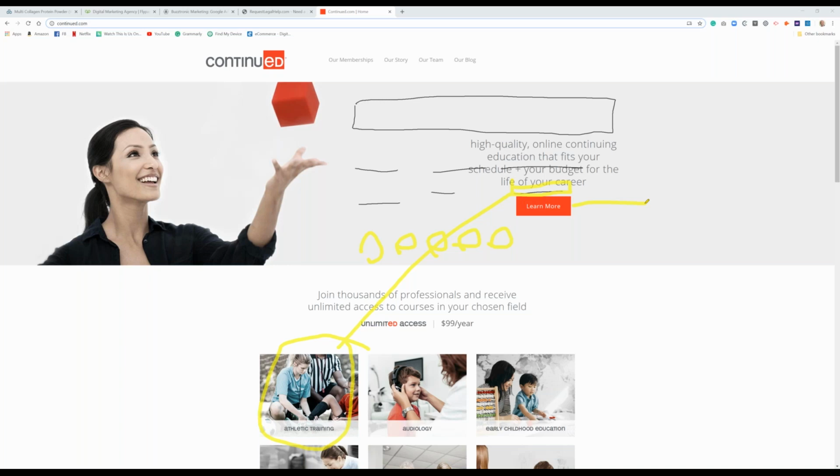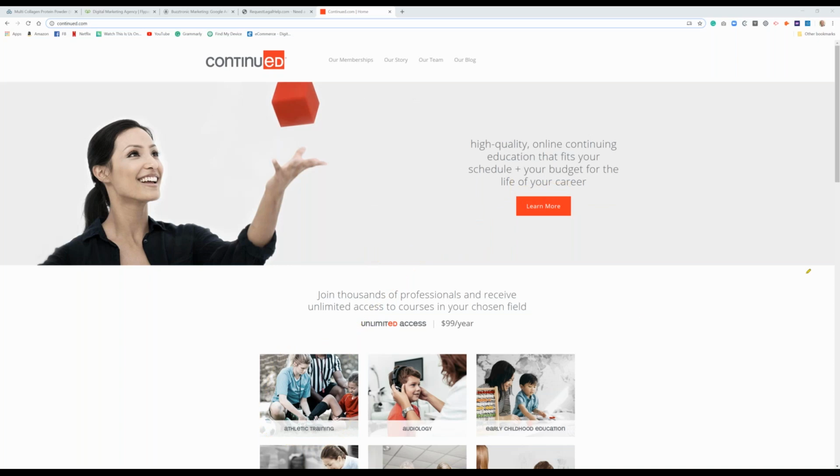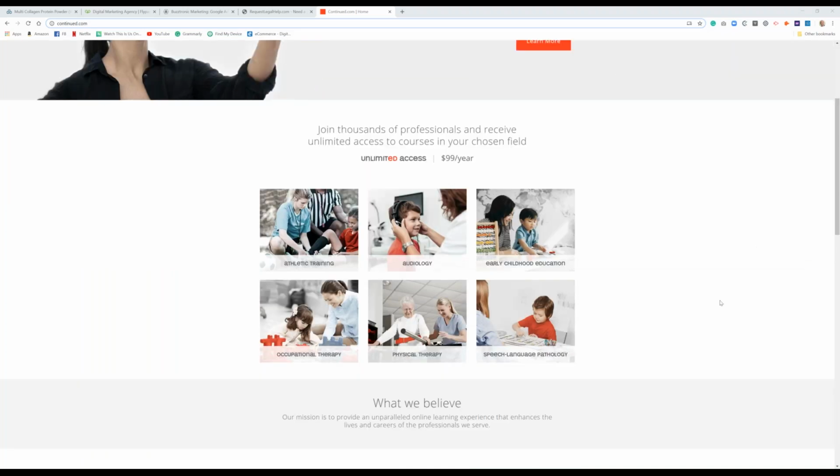And to you, they're, again, courses, continuing education in the helping professions, but to me, they're not. Because if I'm a speech pathologist, I can tell you, I don't really care about your athletic training, not at all. It's very unlikely to have an intersection of speech pathologists that are also high school athletic coaches or something like that. So just get out of my way, let me get closer to my goal, and think of your homepage as a map of the world, and the desired action is navigation. It's to get off the homepage. Okay.